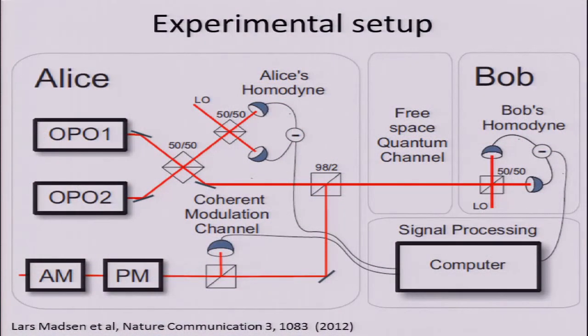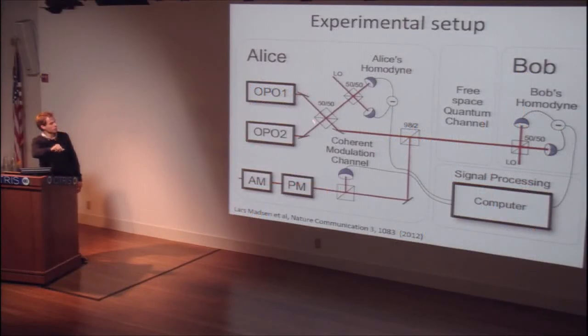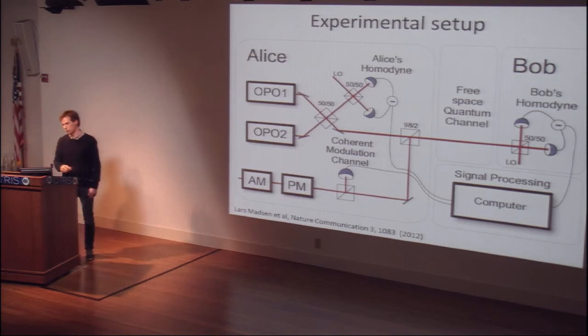So we produced squeezed states, just a reasonable amount of squeezing, 3 dB of suppression of the noise, and then we combine it with a modulation channel here, just an amplitude and phase modulator, which is combined with the squeezed state, which is produced here. It's a rather sophisticated apparatus. So you use 2 optical parametric oscillators, they interfere on a beam splitter. You perform a homodyne measurement, and then you project this one onto a squeezed state. And then you combine this with a modulation, and then you send it to Bob, and Bob performs homodyne